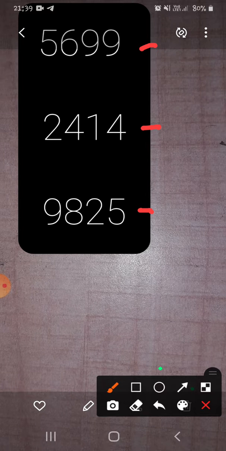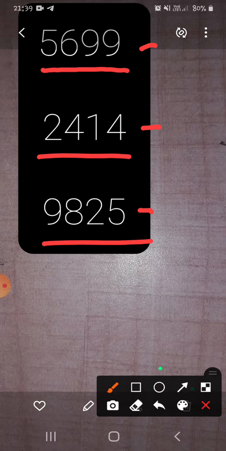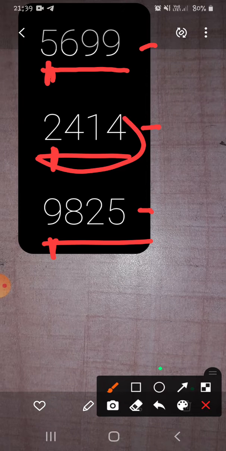First we will see the number of digits we have. All are 4. Okay. So now next thing you will see is the thousands place. As it is a 4-digit number, we have a thousands place. You will have a look at the thousands place. Now over here it is 5, 2 and 9. You have to identify which is the smallest between 5, 2 and 9. Yes, very good. 2 is the smallest.